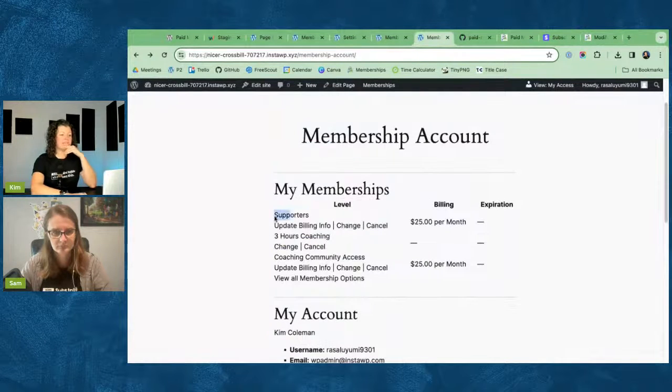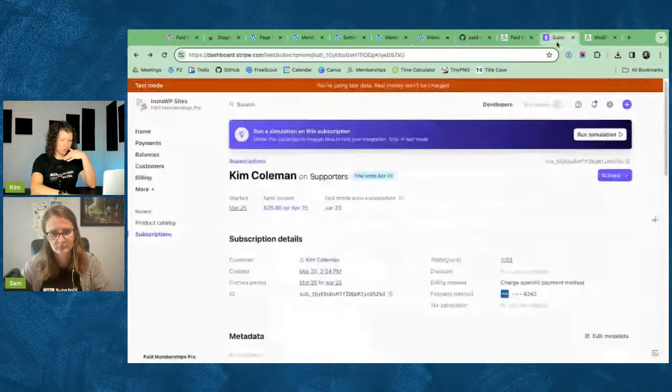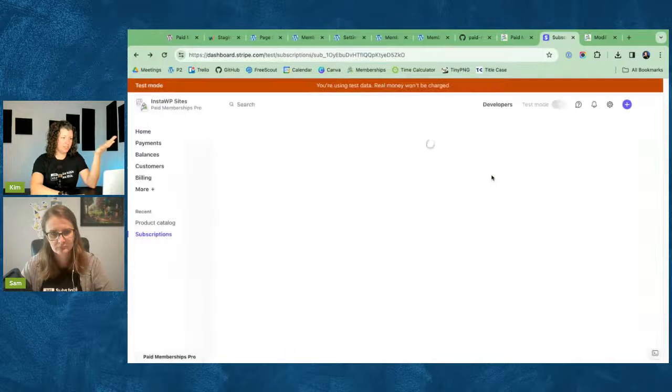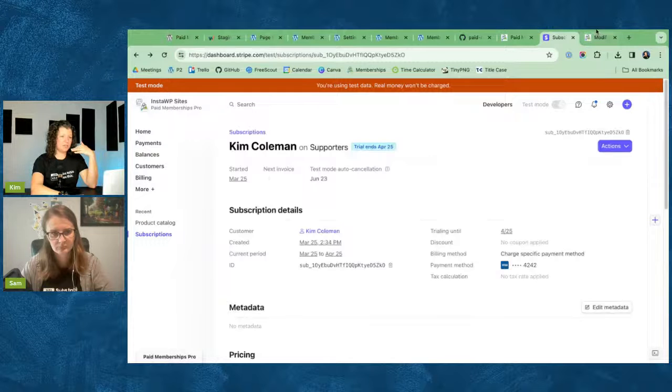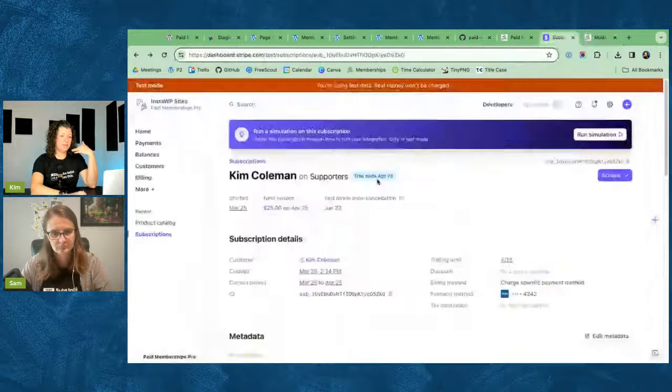Scenario. We decided our supporters membership should be $12.50 a month, not $25 per month. And we want people who are already paying us that. We had like 10 early people that were like, oh, I'll pay you that. We want to honor that new price for them. So we're going to change their subscription and lower the price. So here's this supporter subscription. So the steps are locate the subscription under